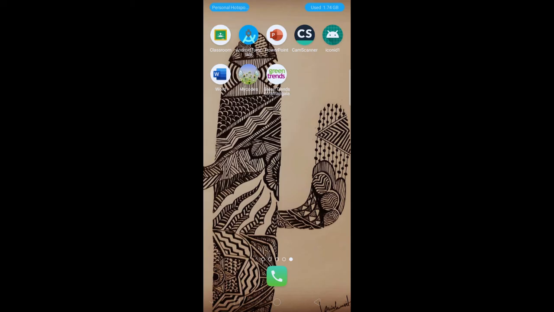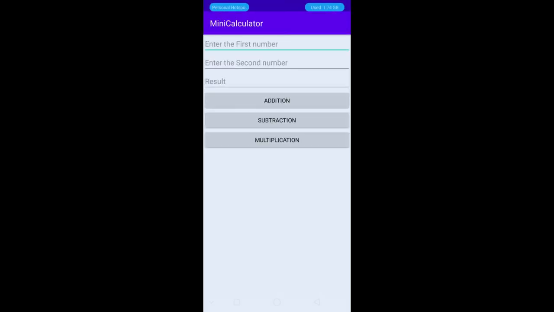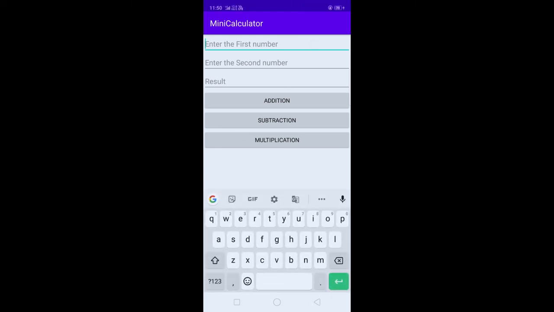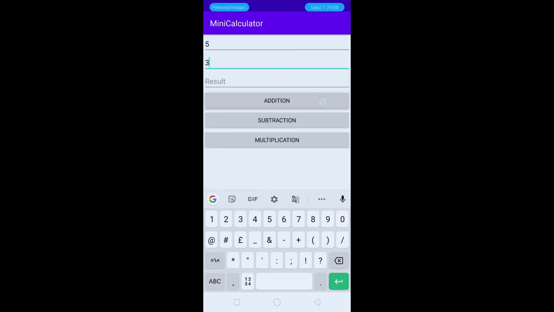Go to your application and do some operations. In the first text field I will give 5. The second input is 3. First I perform addition, then subtraction and multiplication.